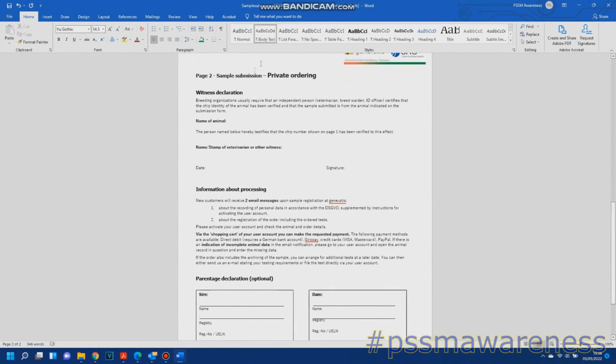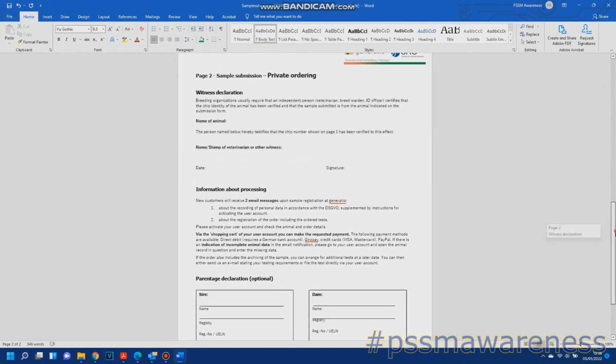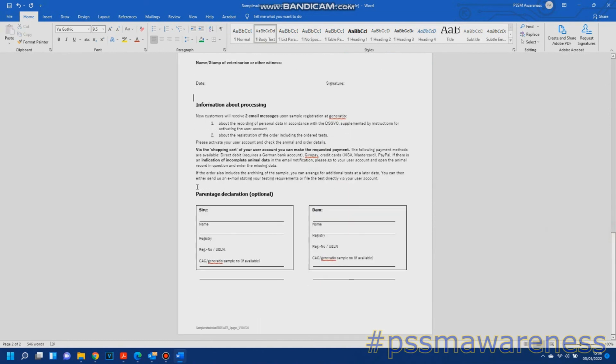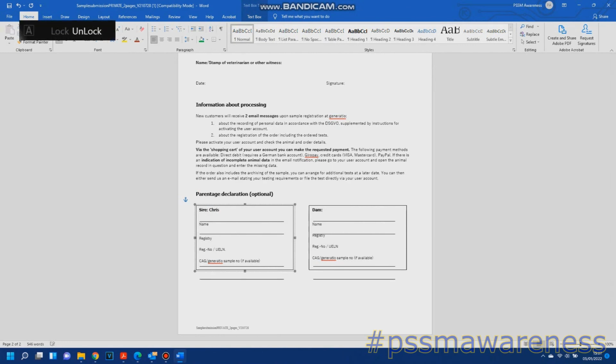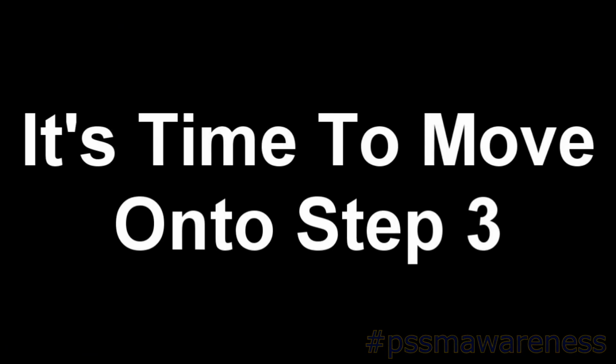On page 2 we see a witness declaration. Unless you are working alongside your vet or other professional, you can leave this part blank. On the last section of this page, we can fill in our horse's parentage. Now this section is completely optional. As I don't mind sharing this information, I will input it. Now your forms are filled in, it's time to move on to step 3,